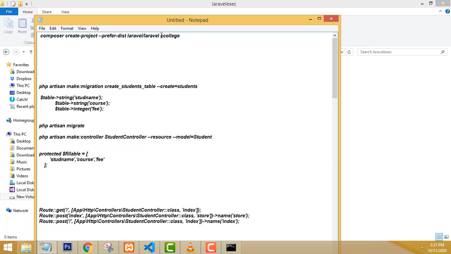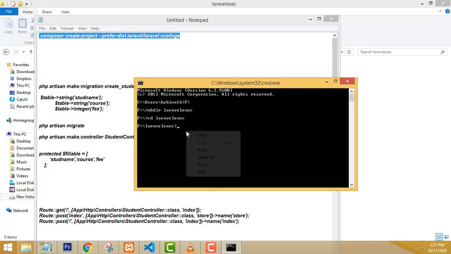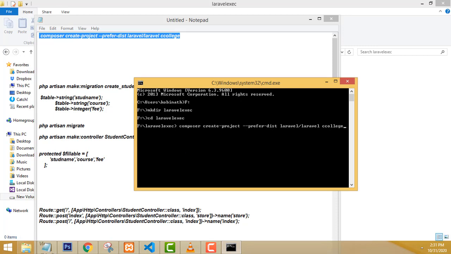Here you have to specify the name of the project, whatever project you are creating. I just created the project name CC College. You can give any name over here. Don't change the other parts; it won't work. Only here can you change the project name. These are the keywords to create a project in Laravel. So I just press Ctrl+C to copy this code, go back to my CMD, right-click, paste it, and press the enter key. It takes some time to create your project.